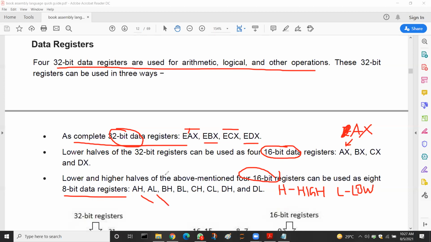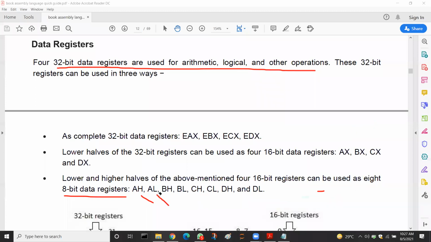So similarly, we can use these registers in writing an assembly language program, whereas the appropriate address related to a register can be used. अगर 32-बिट का रजिस्टर यूज करना है तो EAX, EBX और ECX के सूरत में यूज करेंगे, और अगर स्मॉलर रजिस्टर यूज करना है तो appropriate रिप्रेजेंटेशन यूज करेंगे 16-बिट के लिए और 8-बिट के लिए।